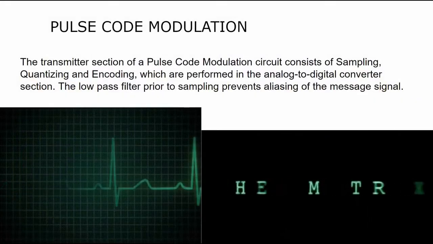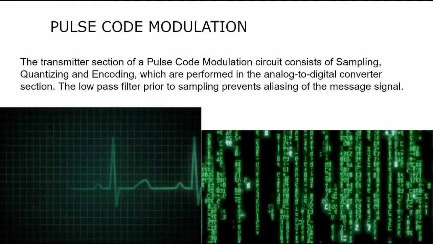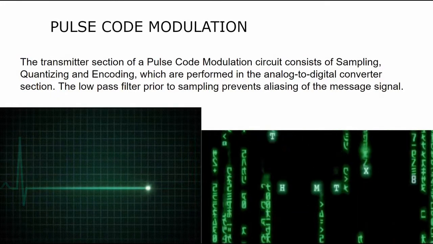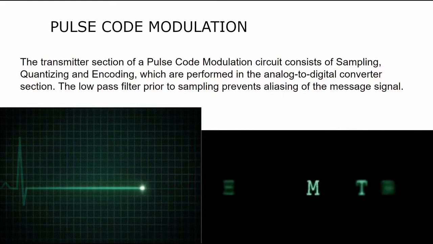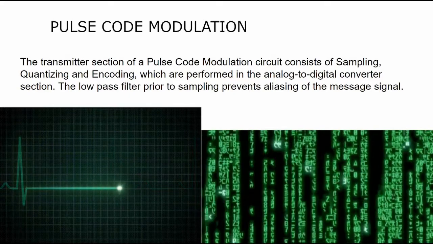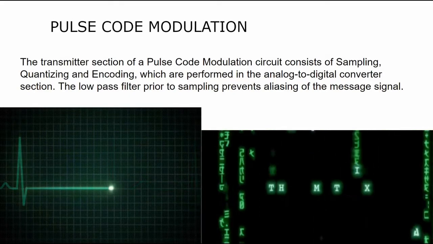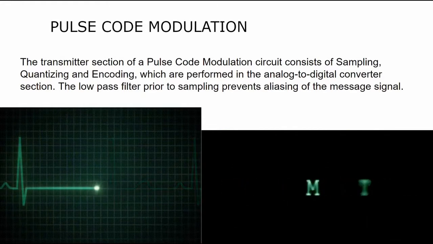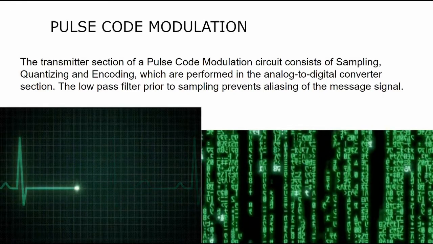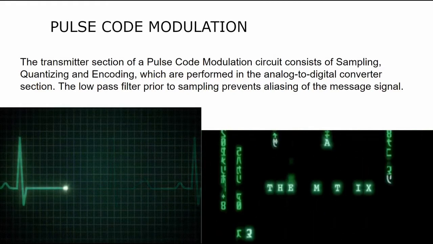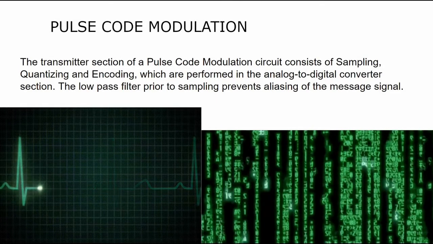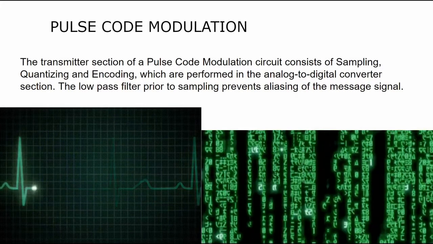Pulse code modulation is nothing but a technique for rounding off amplitudes of samples of an analog waveform. This is the second of the two operations required to change an analog signal into a digital signal. The rounding off operation is known as quantization. Once each sample value is rounded off to an appropriate quantization level, we need to transfer only enough information so that the receiver knows which level is being sent. The various levels are binary coded. This is done in the encoding stage. In practice, the sampling, quantizing and encoding are performed in a single device known as analog to digital converter.